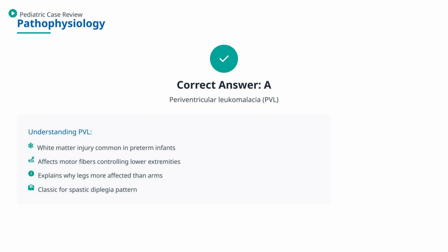periventricular leukomalacia, or PVL. This white matter injury is particularly common in premature infants and selectively damages motor fibers that control the lower extremities as they descend through the periventricular region. This pattern of injury explains why many premature infants develop spastic diplegia, where leg involvement is more severe than arm